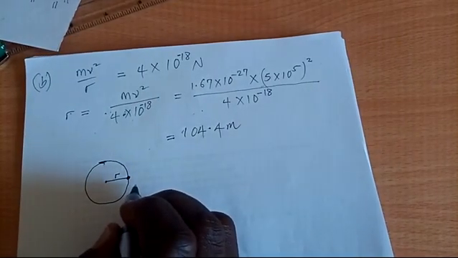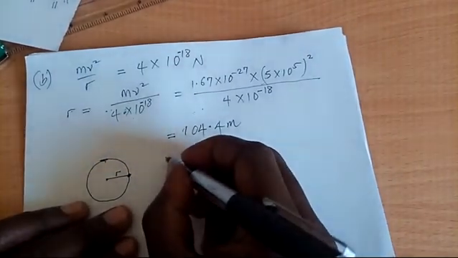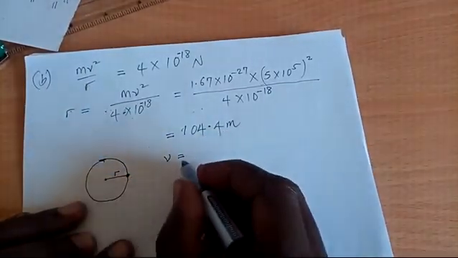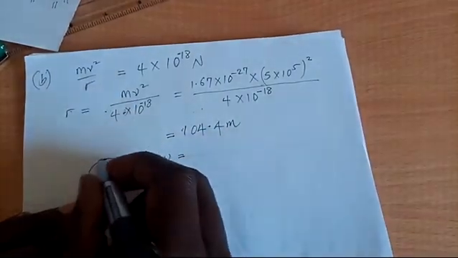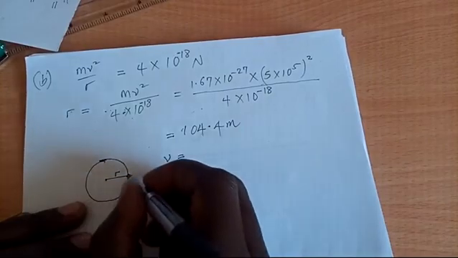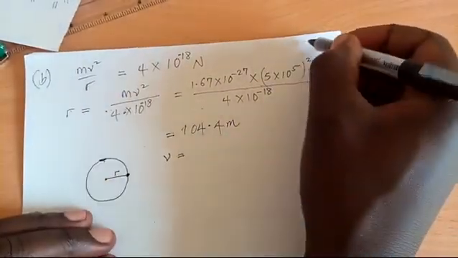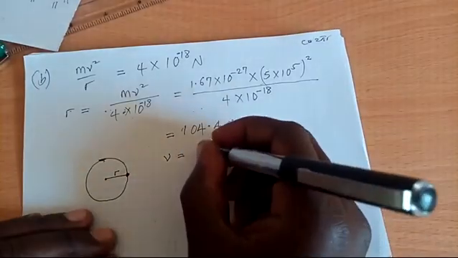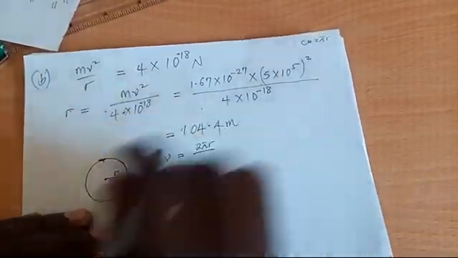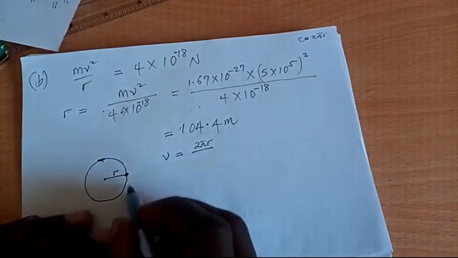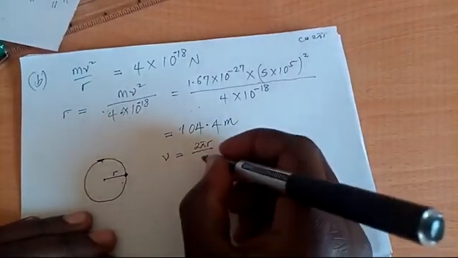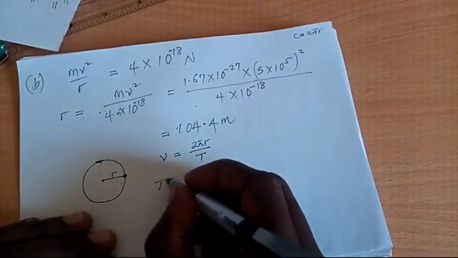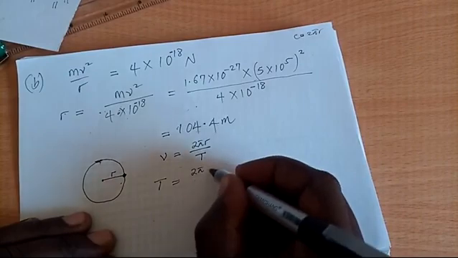How do we get this period? That's the problem. So we see that v, its speed along this, is equal to the distance covered. We know that the speed is distance over time, and the distance is the circumference. When it moved from here to here, it has completed one circumference, and we know that the circumference of a circle is 2 pi r. Can you see that? It is 2 pi r. So we are going to write 2 pi r here. This is the distance it covered. Then remember the time it takes when it covers this distance is our period, and period is denoted by capital T. So we have the formula. Now we can make T the subject of the formula and say T is equal to 2 pi r